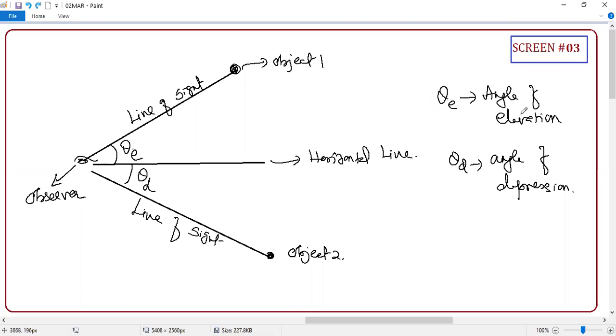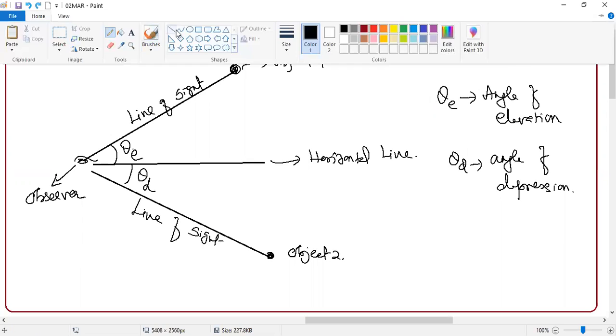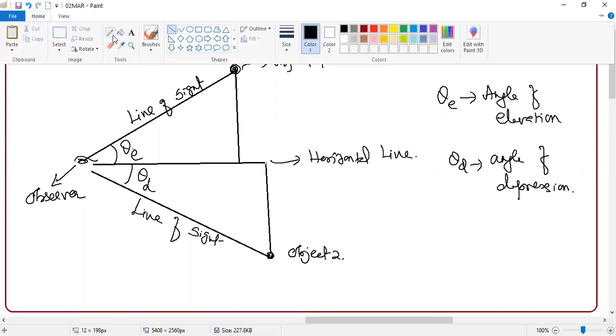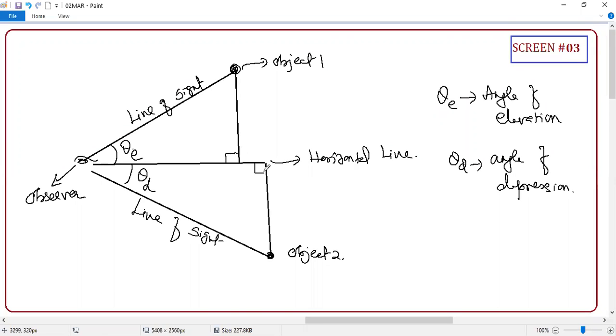So do we need to understand this definition, everything? No, it's all for knowledge. But when I'm giving the problem, the story is different. Guys, the magic is here. You can form a right triangle for all the situations. The magic is created the moment you join this line: you get a right angle triangle. Now my question is, maybe this object is 200 meters above the ground level, but it is not possible to measure. But the moment you know this distance and the angle, you can easily measure it using tan theta. Correct or not? That is what we learned in the first unit.